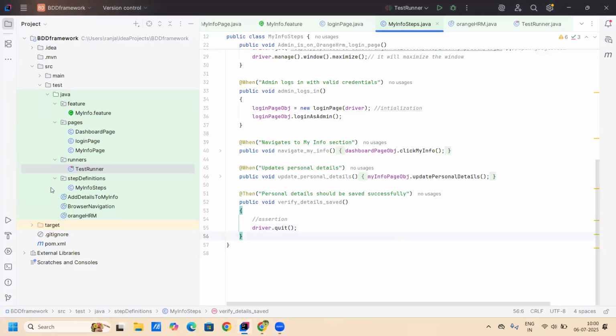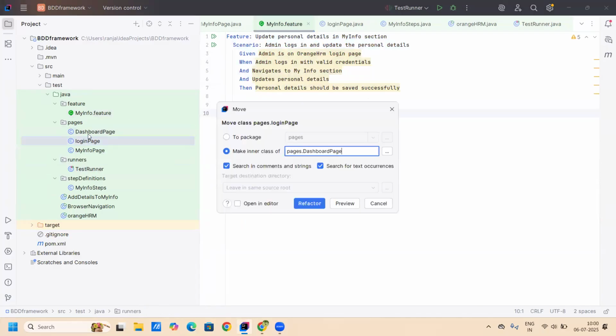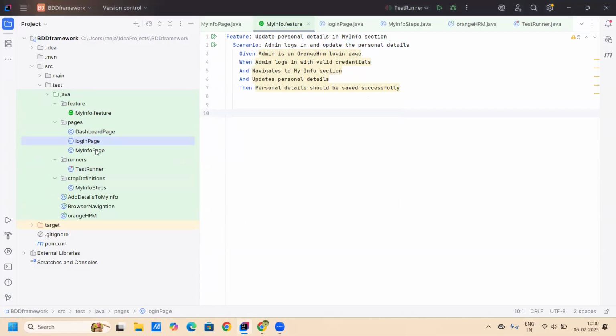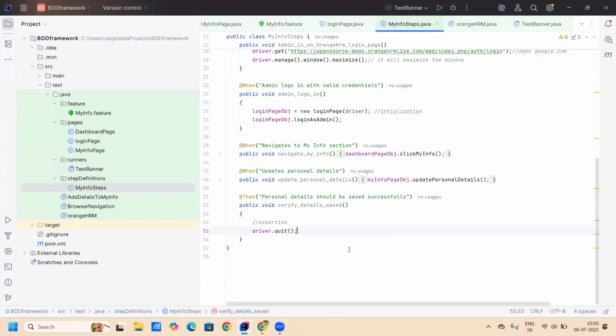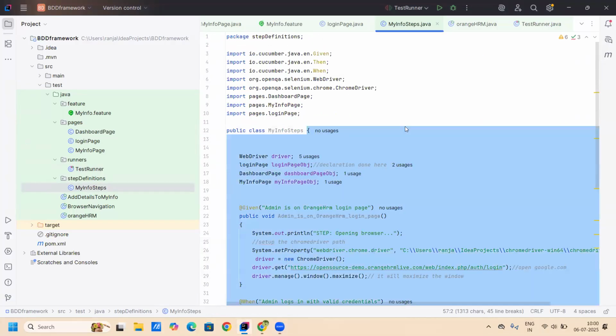Okay, so in our last class for this Orange HRM project, what we have seen is we have created one feature. First thing is we have to create a feature. Then we have created pages related to this feature, right? So the feature is created, then we have created one step definition. This one we started last class, right? So in the step definition, what we have done is,